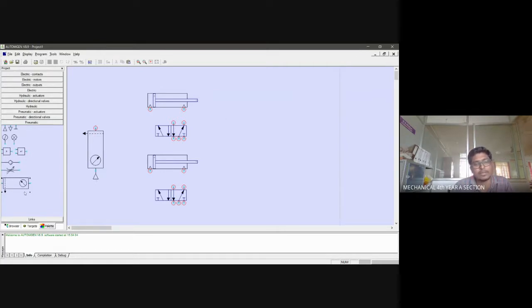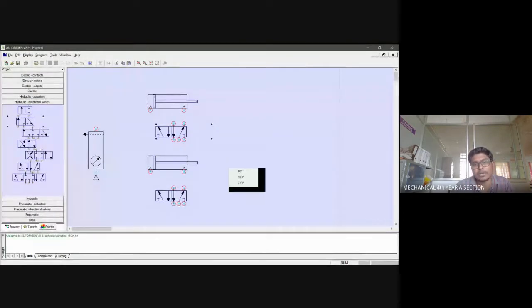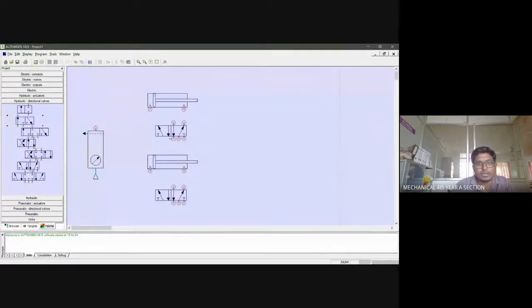Okay, so why I'm stressing this particular area is, if you are selecting a pneumatic actuator and you are selecting a hydraulic direction control valve, you cannot make a connection. So see, for example, I'm replacing this pneumatic direction control valve with a hydraulic direction control valve. Okay, so this is your air medium, and this is your hydraulic medium. Here I'm using air as a medium, and here I'm using liquid as a medium. So what happened? This connection cannot be done.